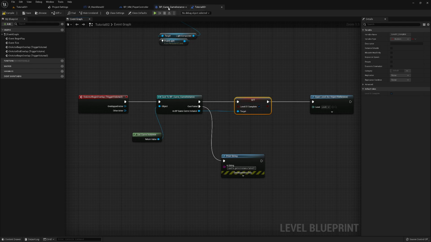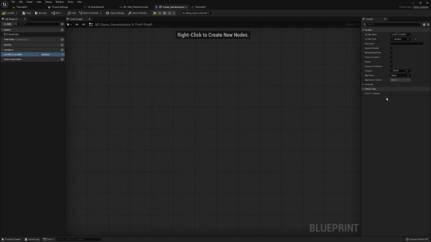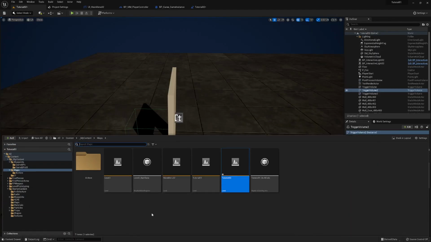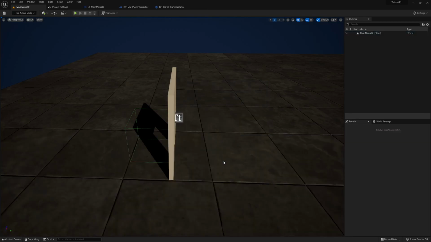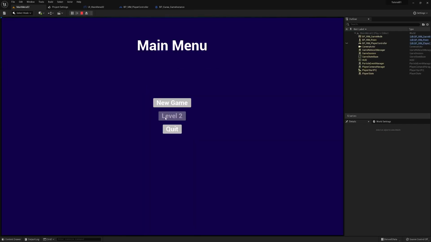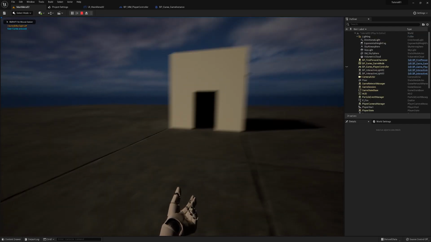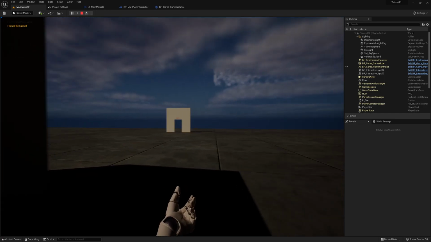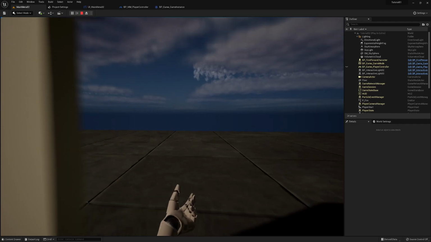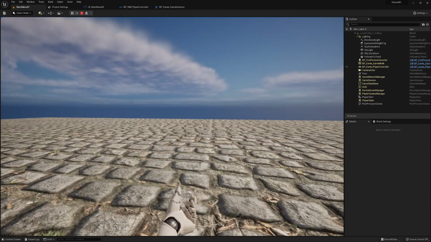So let's just come back here. Game instance. Make sure that is not complete. Compile. Save. Let's go back to our main menu. Save all. Yep. Hit play. Level 2 is blocked. So we go now to new game. We're in level 1. Come through here. And exit. Bang. Now if we hit P,